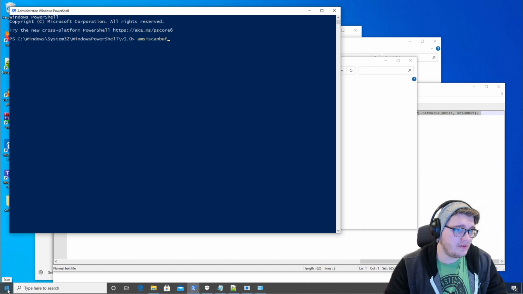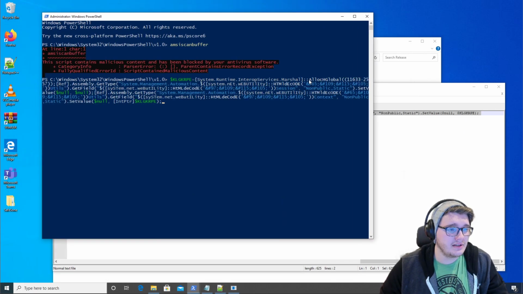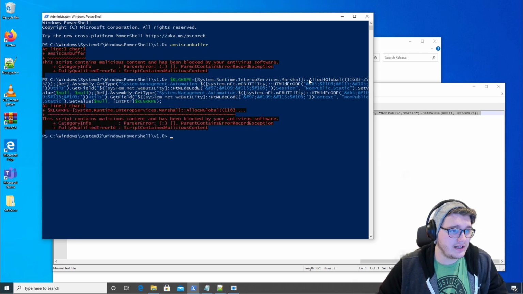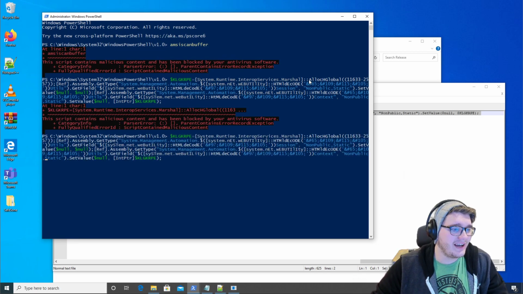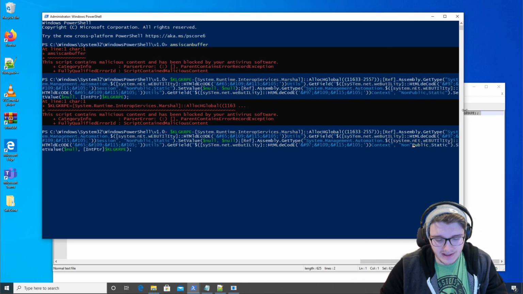AMSI scan buffer. It's gonna detect it, right? That's malicious, because again, it's looking for strings. If I paste this, I'm gonna detect it as malicious. If I go into this non-obfuscated territory here called non-public and just do this,